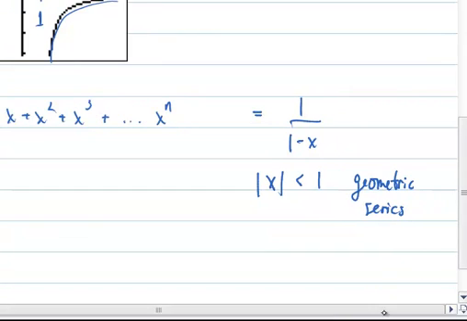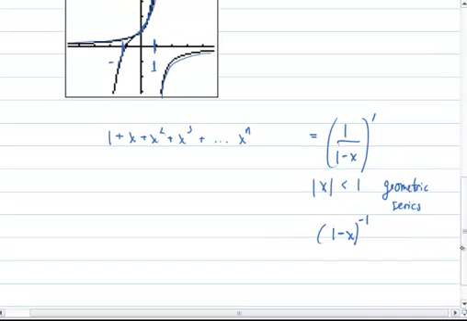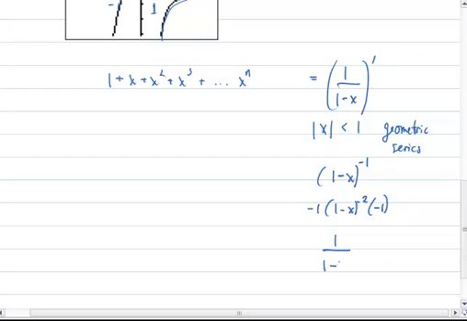Well, here's another thing that we can do. Once we have this geometric series working, you can do different things to it. For example, if you were to take the derivative of this side, the derivative of this would be -1 over 1 minus x squared. Actually, let me check that. We have 1 minus x to the negative first power, so when we take the derivative of that, we have -1 in front, 1 minus x to the -2, and because of the chain rule, we multiply it by -1, so our derivative is actually 1 over